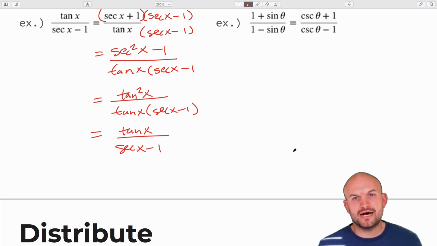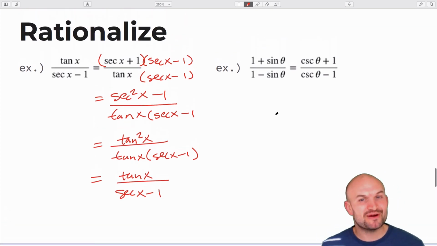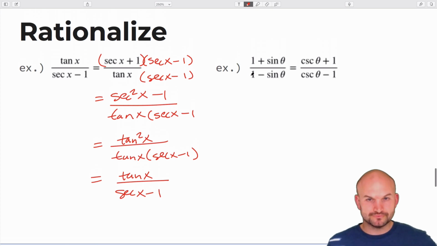All right, for the next one, I like this one because I remember actually doing a problem like this. I'm not sure if it was the same problem, but I remember this problem giving me so much fuss. So again, you can see there are actually 4 expressions that we could use as the conjugate. Maybe I did all 4, I'm not really sure, but it doesn't matter which one you pick. You just want to multiply by the conjugate and go from there. So I'm going to multiply by this conjugate,